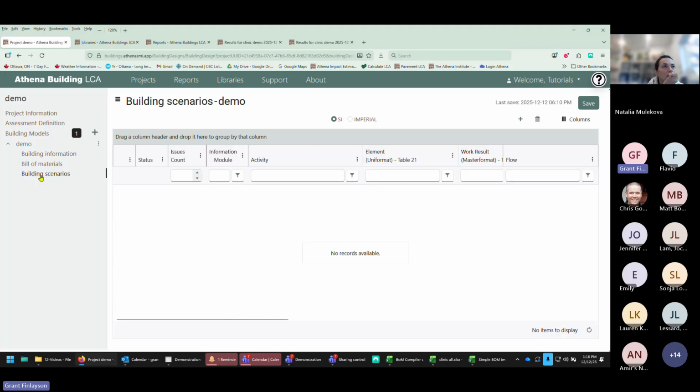One is building scenarios. As we model a building, we think of different assemblies, different parts of each building. These are meant to be customizable scenarios, quote unquote, for the whole building. An example of that would be operating energy or operational water use. You don't ascribe heating to the floors particularly, or the walls or anything like that. It goes to the whole building. So this is where you would put operating energy in here. Another thing you might do here,